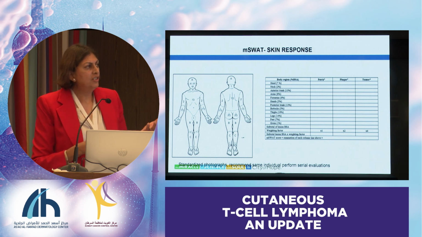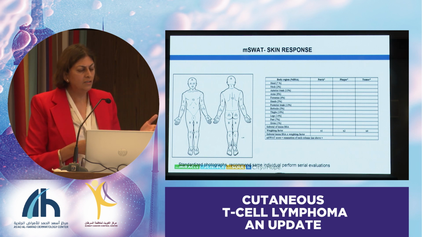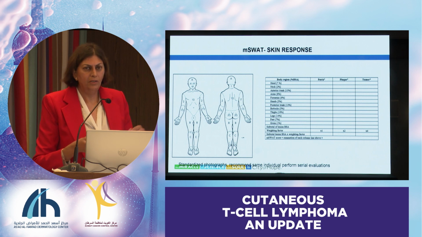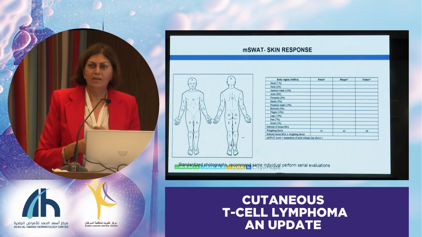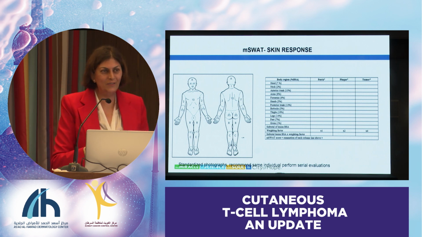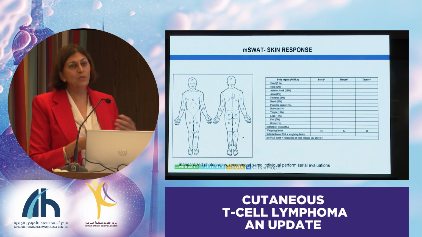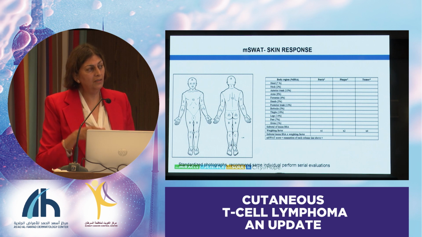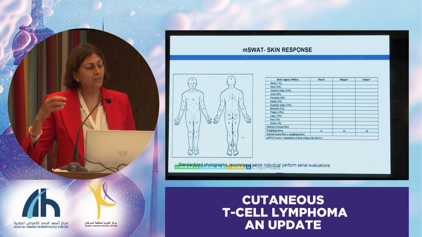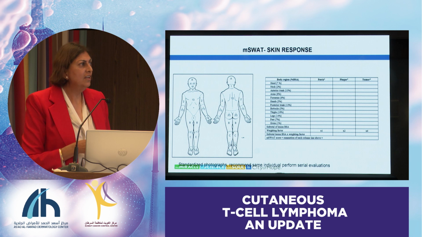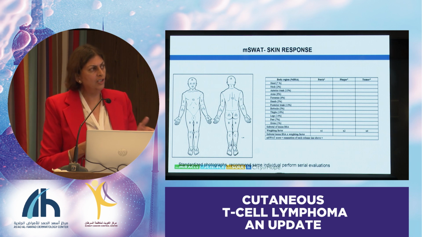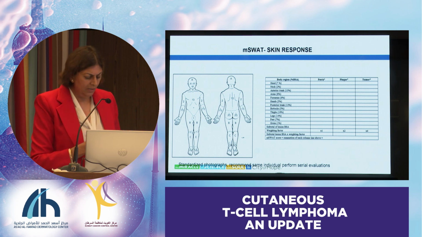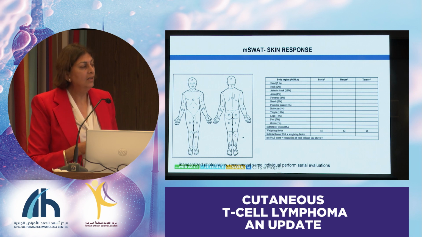You decide if the patient has a patch, plaque, or tumor. You give it a certain weight, and you add it up, and you get a score. Fortunately, we have fellows who do this for us, so we don't always have to do it ourselves. But the MSWAT score is one way to see if the skin is getting worse, particularly even if the surface area is not changed, but the lesion has changed its character. It's now gone from patch to plaque or tumor. The MSWAT will increase, and that'll help you determine the progression of the disease, especially if you're doing, as I